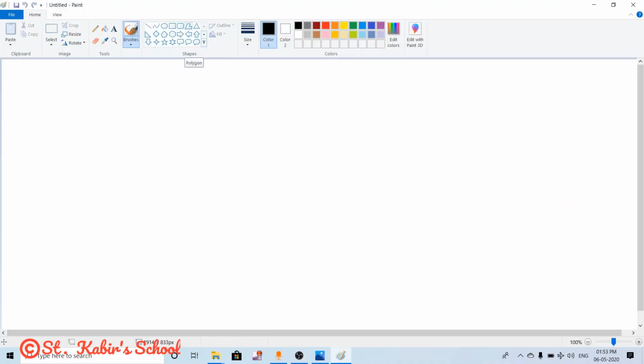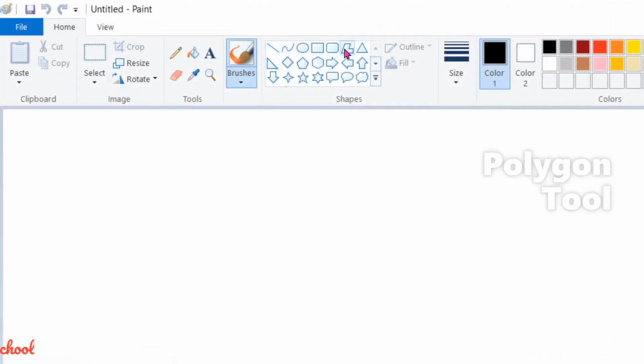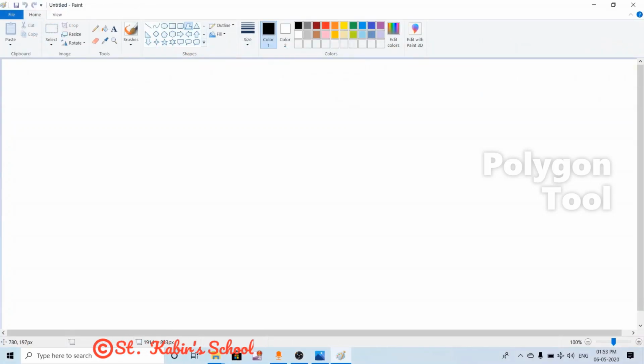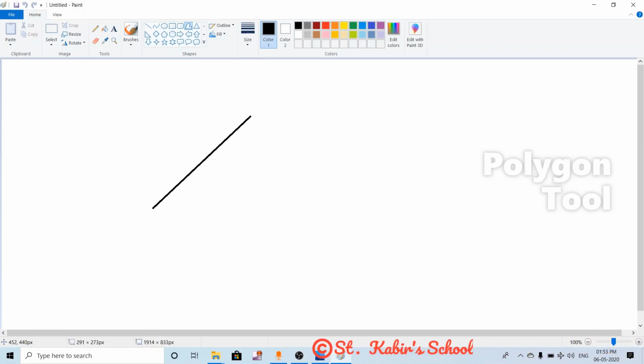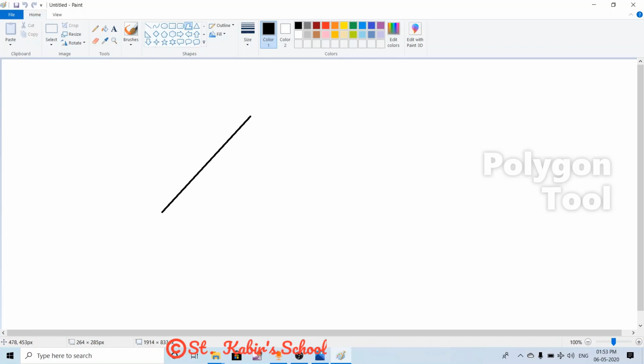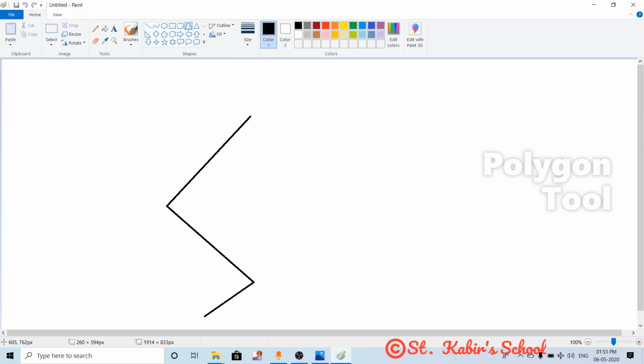First tool we will see is polygon tool. This is polygon tool. Click on this polygon tool, and polygon tool will help you to draw a shape with many lines. The number of lines depends on you. So draw the first line of your shape. Now wherever you click, the line will be drawn automatically.